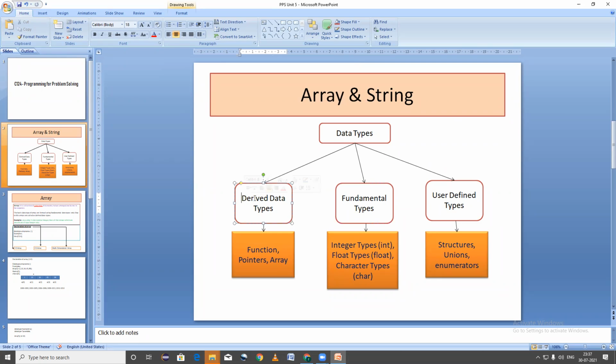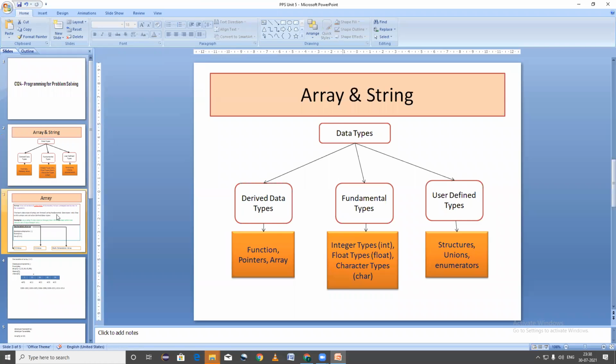With the help of basic data types or fundamental types, these types are implemented in C programming. So such types we call derived data types. This array belongs to the category of derived data type.